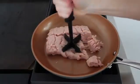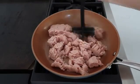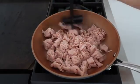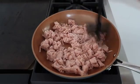Now you're going to start by putting your turkey or chicken into a skillet and you're going to cook it up. Now if you've never heard me talk about the chop stir, this is one of my most favorite kitchen